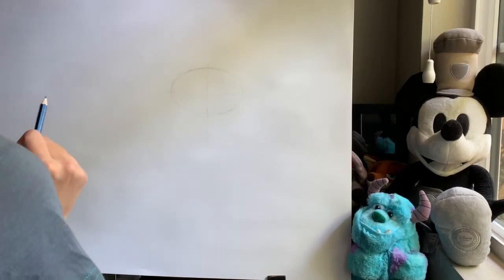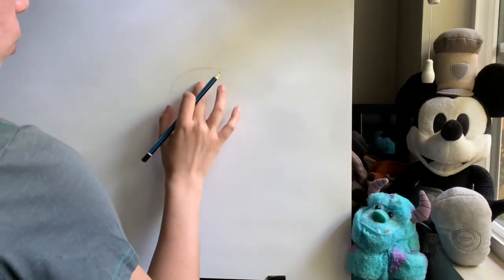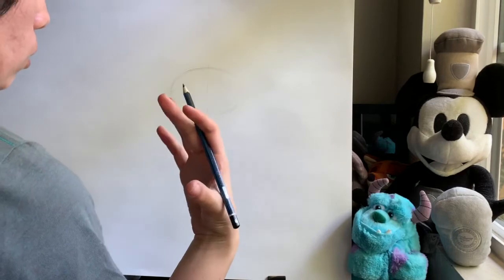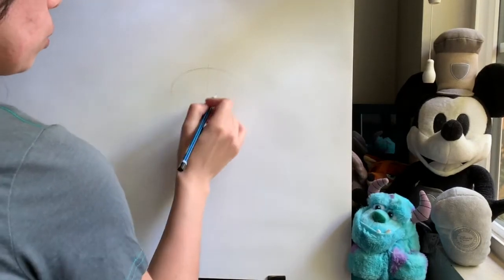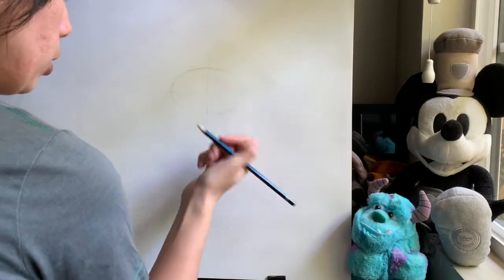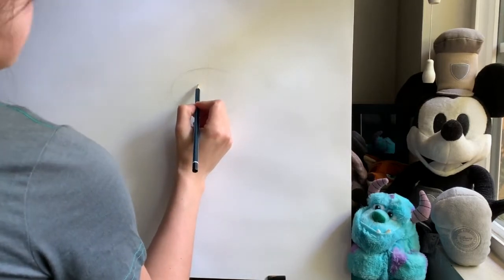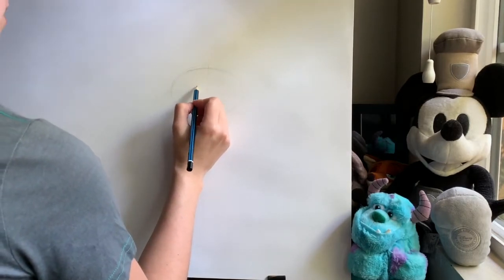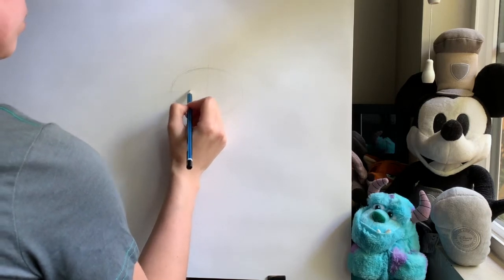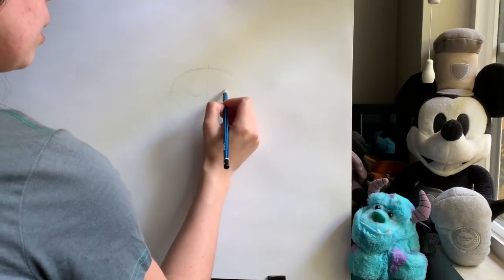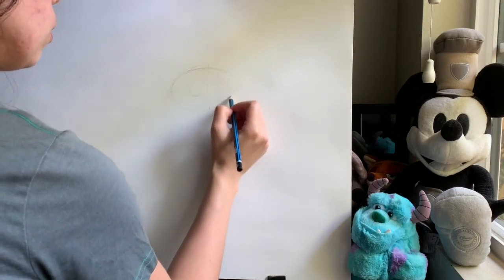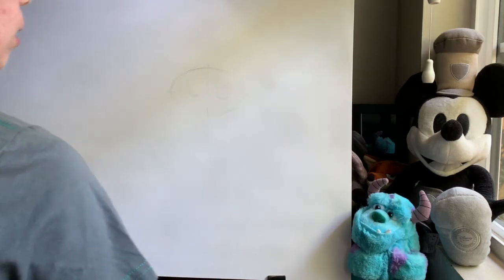Okay, for his eyes, we want to draw 2 circles so we know the placement, but his eyes are not circle shaped. They are like a teardrop, basically. But we're going to use those circles to kind of guide us on drawing that shape. So the first circle goes here, right on the line, a little bit below, a little toward the center, and the other one a little further out across that line,